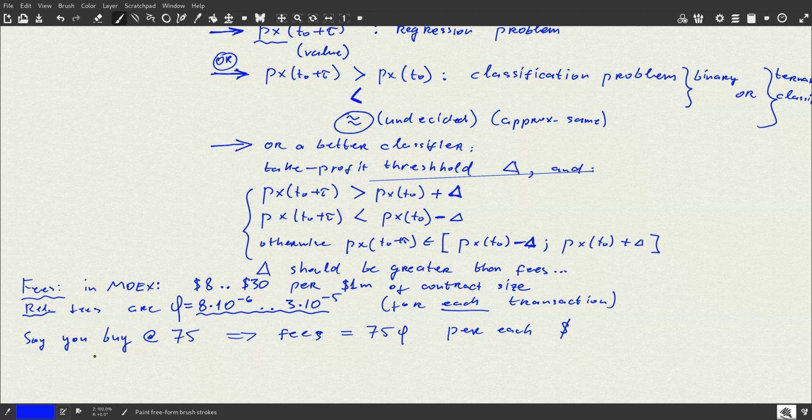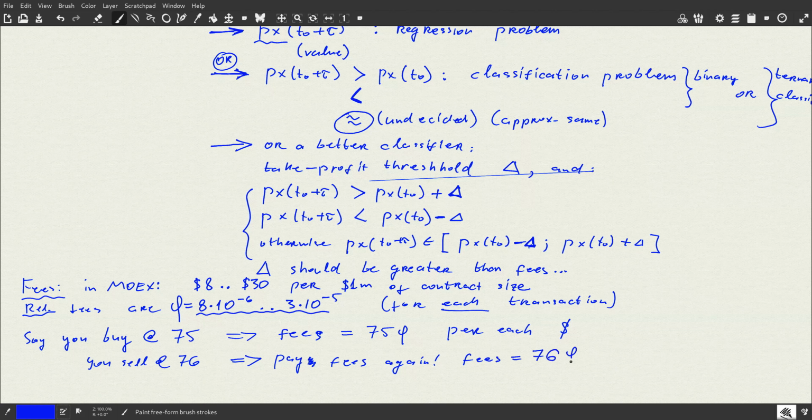You sell at 76, you pay the fees again. By the way, once again, you pay fees again, and fees are even greater in this case. It is 76